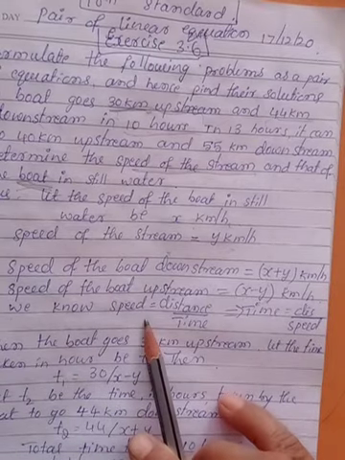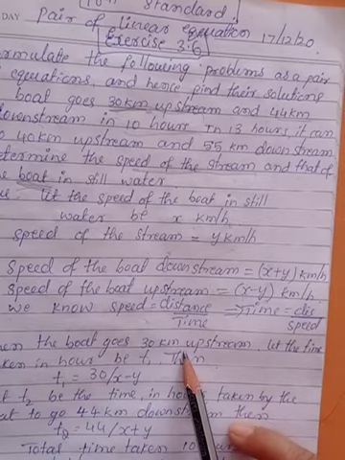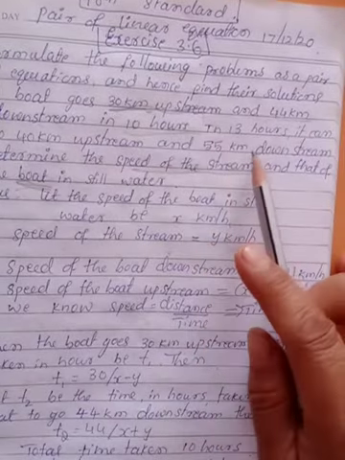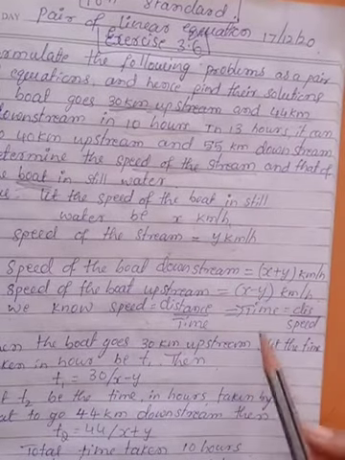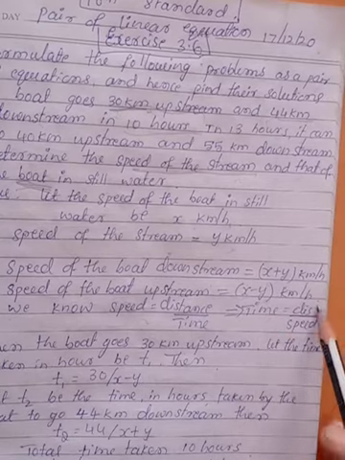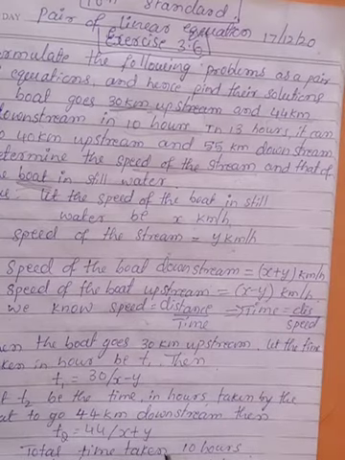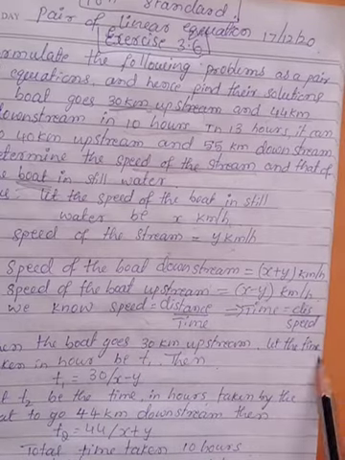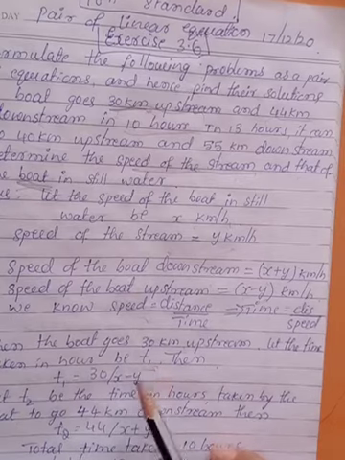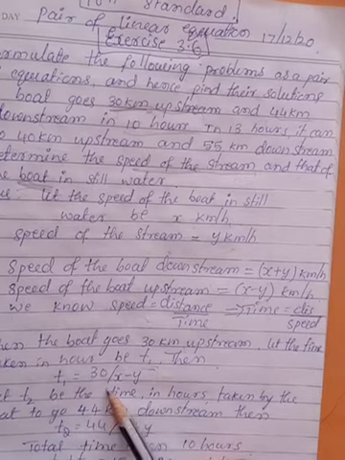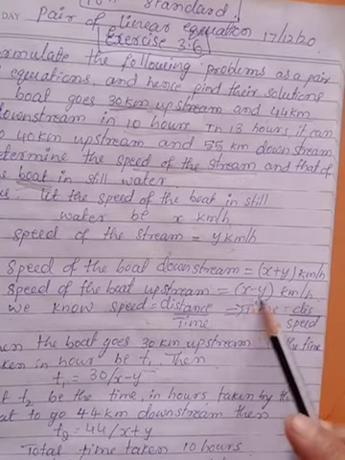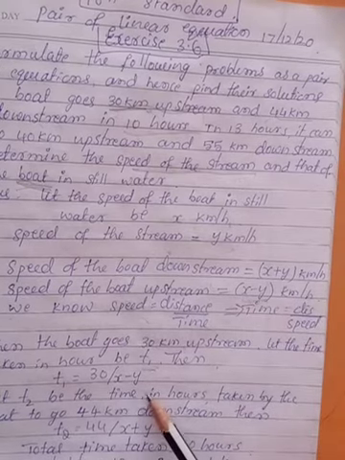So what is the formula of speed? Distance by time. But here we have the time, 10 hours, 13 hours like that. That's why you have to derive the formula in terms of time. Time is equal to distance by speed. So when the boat goes 30 kilometers upstream, the time taken will be T1. T1 is equal to the distance, 30 kilometers, by the upstream speed, x minus y.